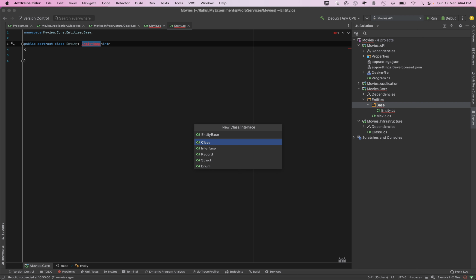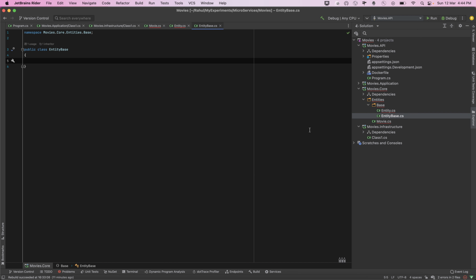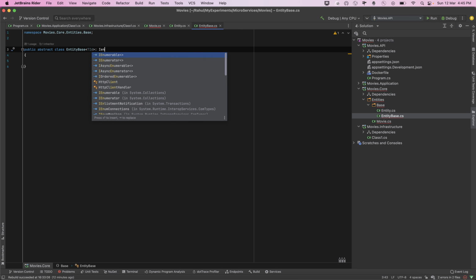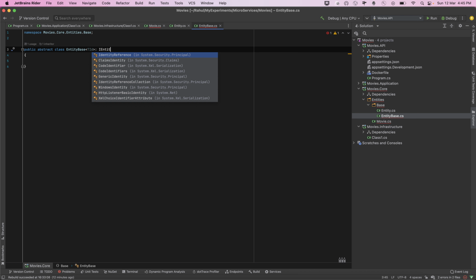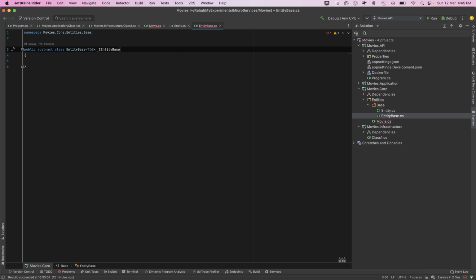And that's how it's going to look. This EntityBase, frankly speaking, is again my abstract class. And here what I'm going to have is that it's going to simply take this TId, right? And TId is basically my substitutable Id, and that's going to implement, let's say, let's enforce this from an interface itself. And what I'm going to do here is, let's say, IEntityBase of